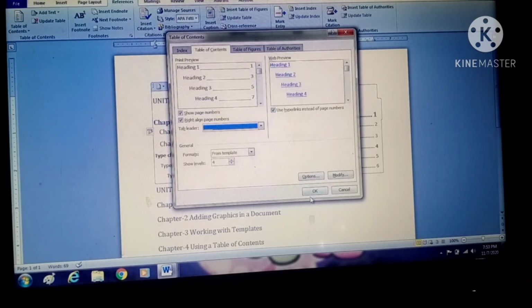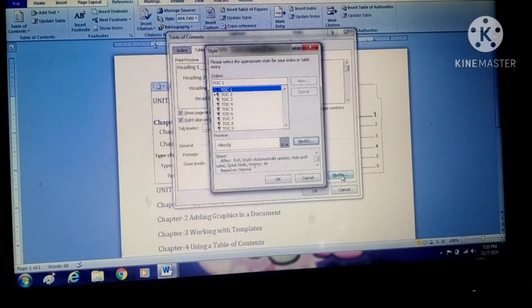And if you want to do more modifications, if you want to customize the table of content, then you will click on this modify button. Whenever you click on this modify button, you will see this style pane, that is, please select the appropriate style for your index or the table entries. Style means TOC, that is the table of content 1, table of content 2, 3, 4. Whichever table of content you choose, accordingly you can see it is showing the indent, the left side spaces. After 5 point, style is automatically updated, hide until, you can see it is showing many